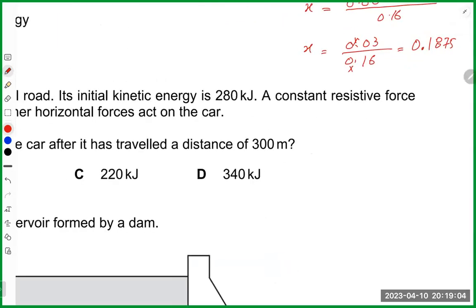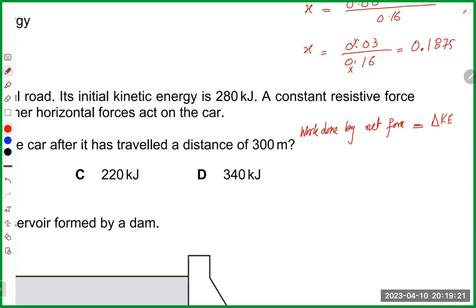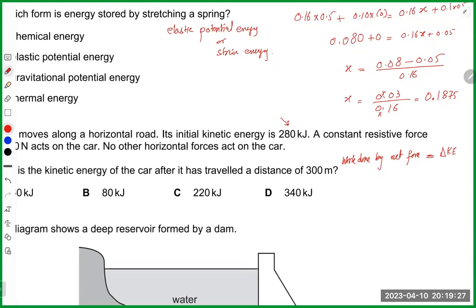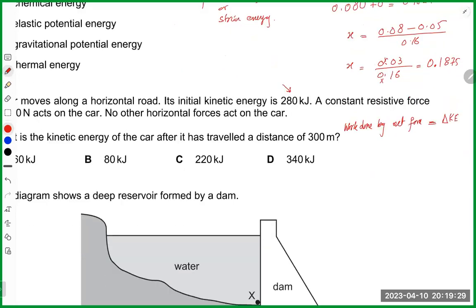I hope you remember we did this: net work done by net force equals change of kinetic energy. So it is already traveling with kinetic energy of 280. So work done by net force is